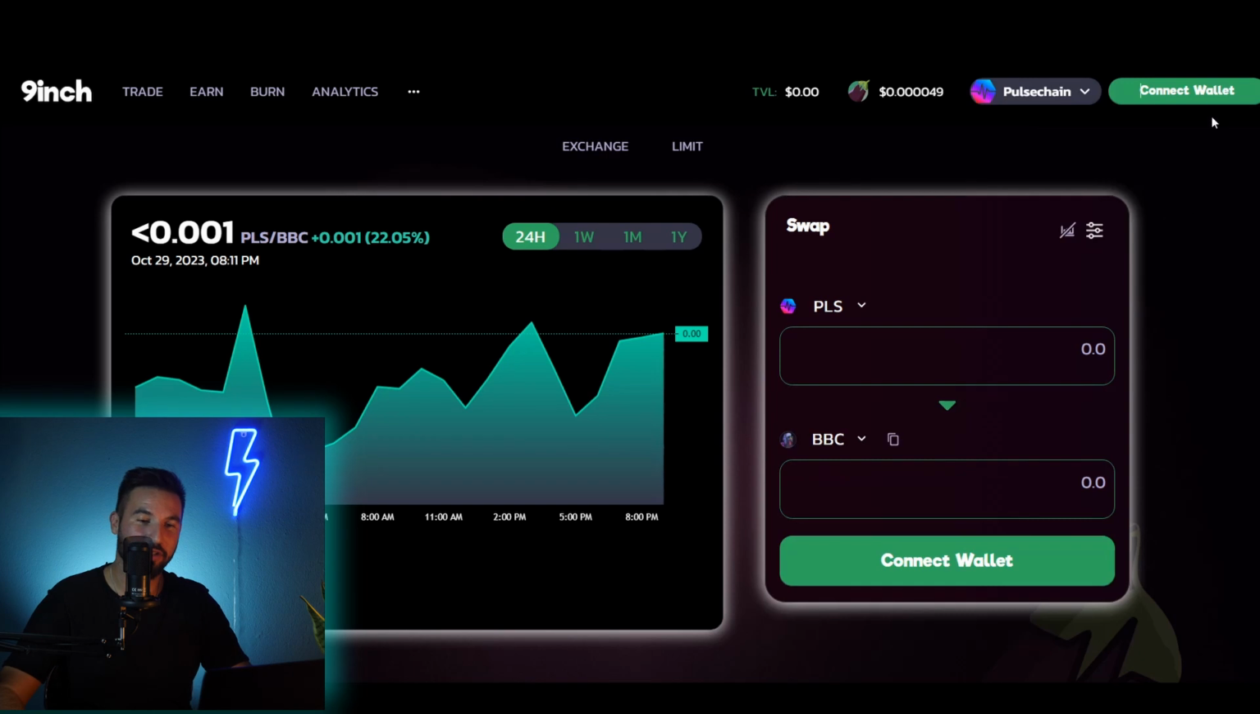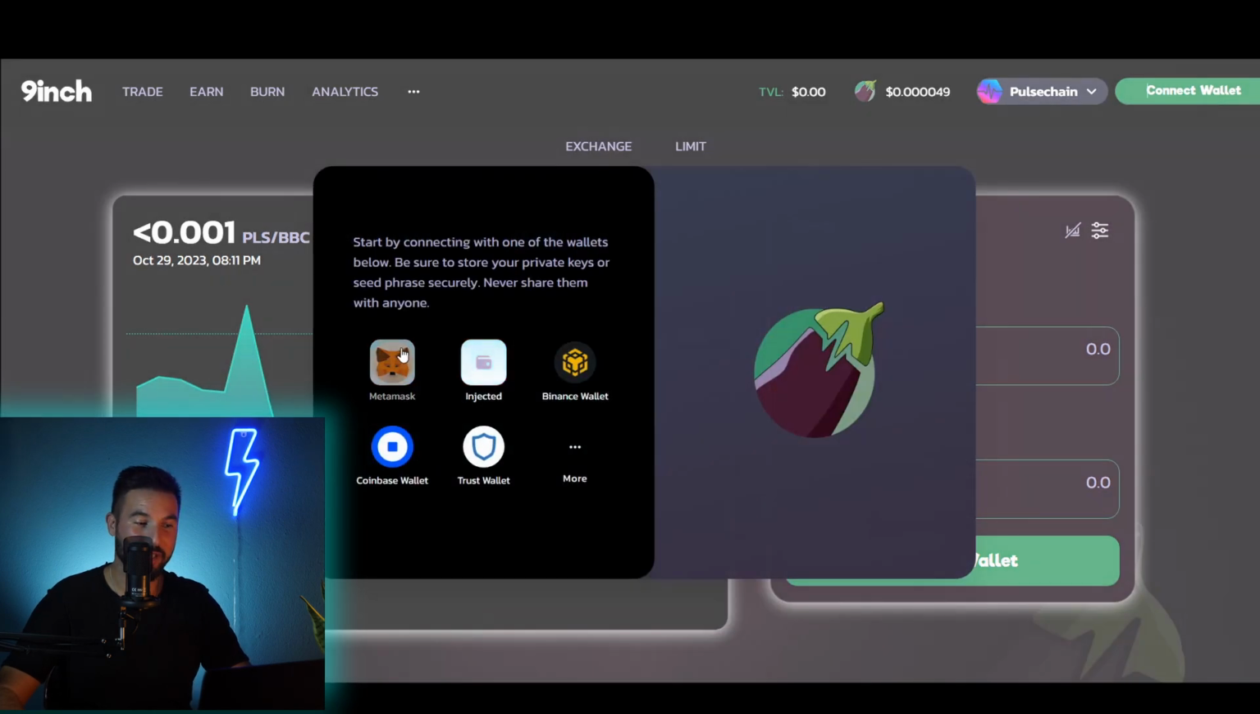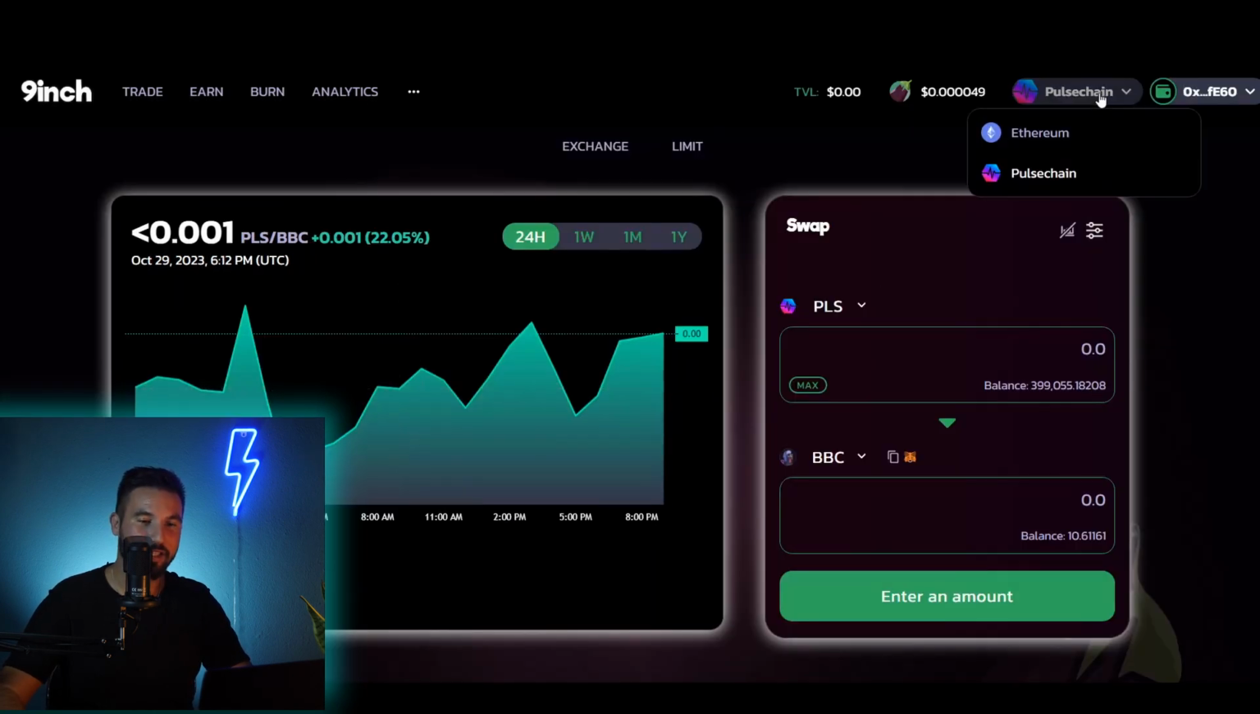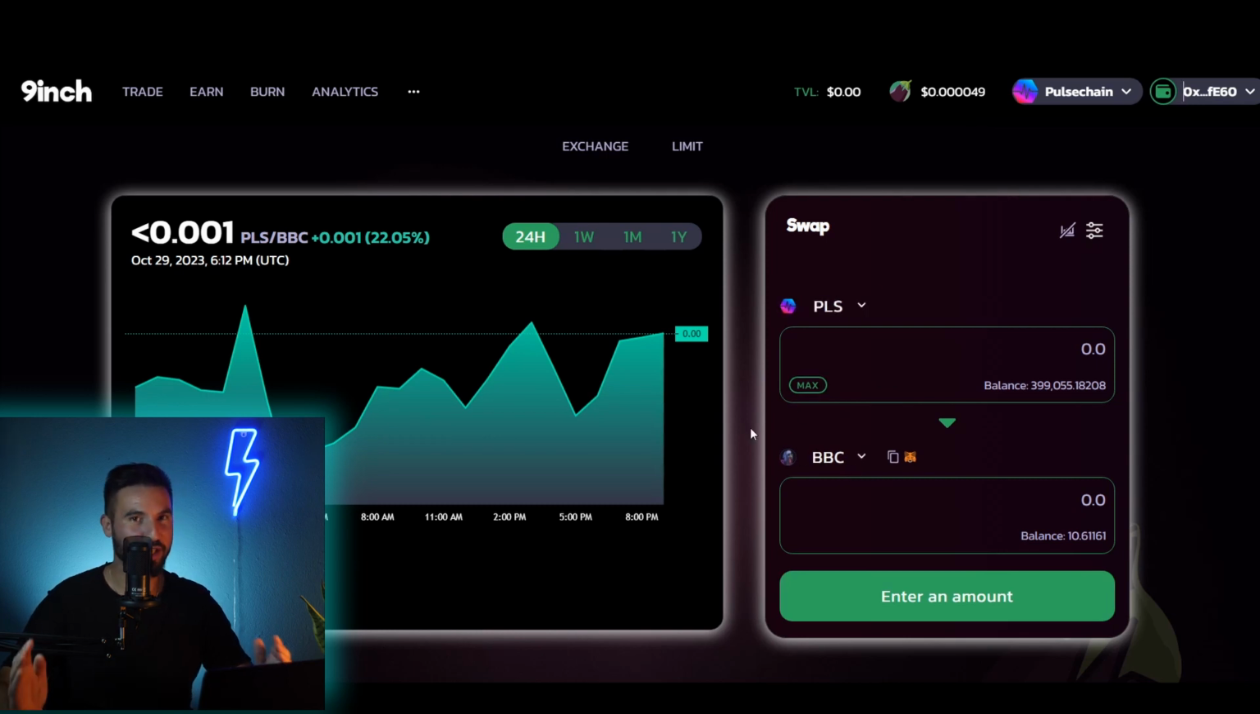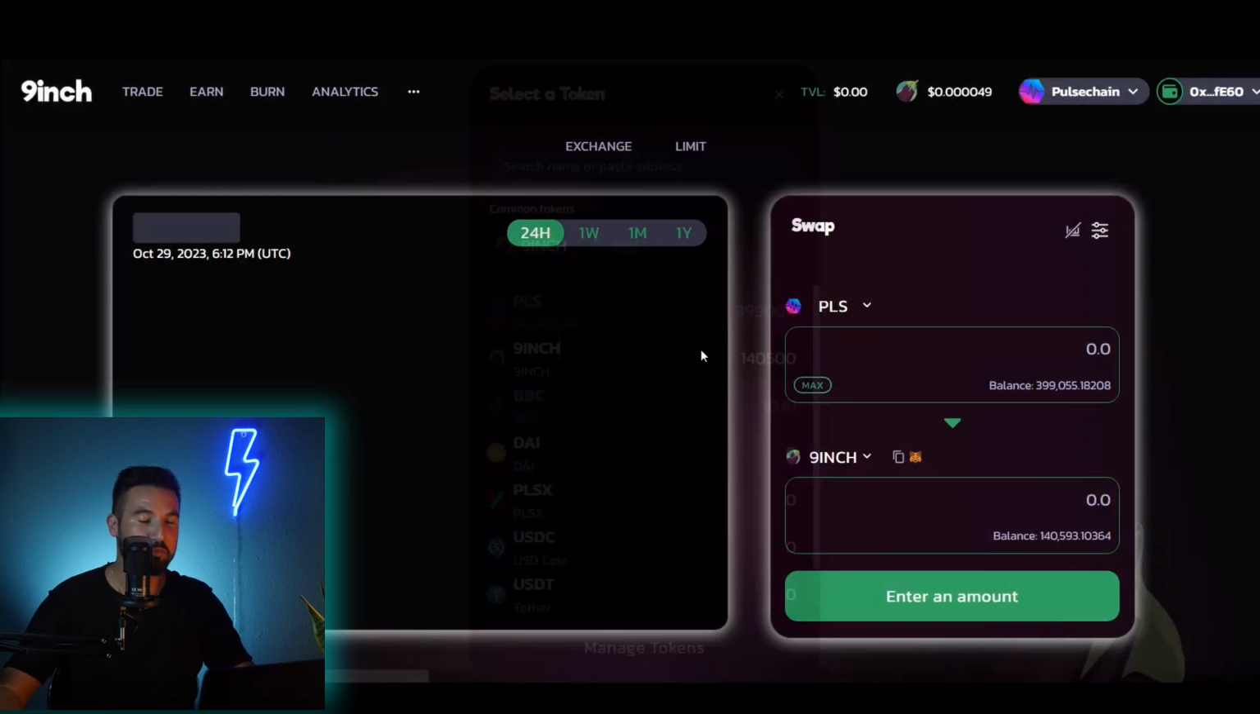On the top right you connect your wallet. I choose MetaMask. And here you can choose in which blockchain you want to operate the DEX. We're going to do it on Pulse Chain today. So here you can choose what you want to swap. If you want to swap Pulse for BBC, big bonus coin, or if you want to swap Pulse for 9inch,